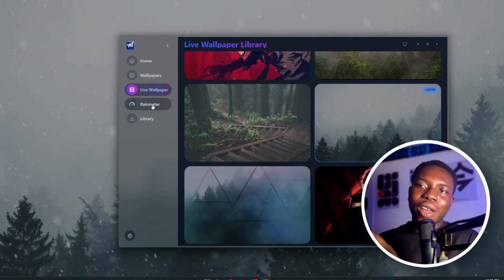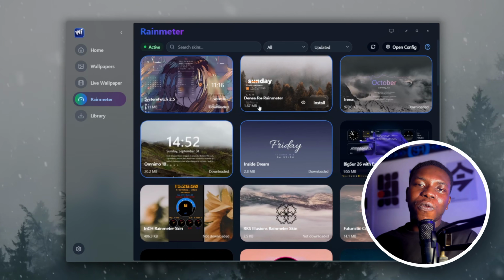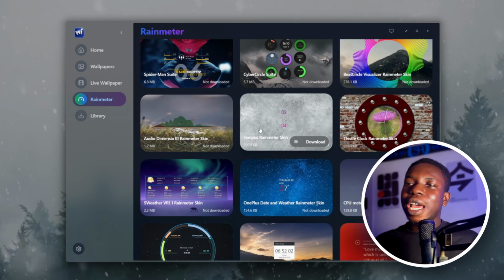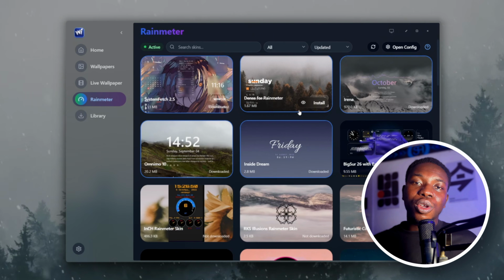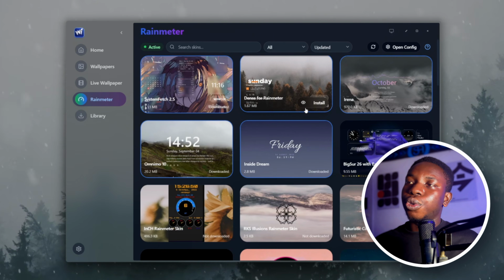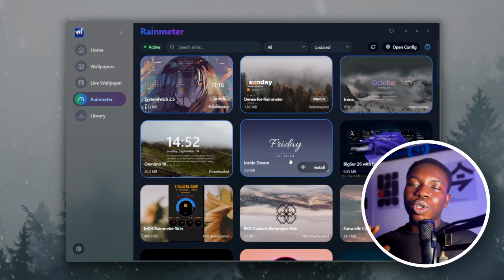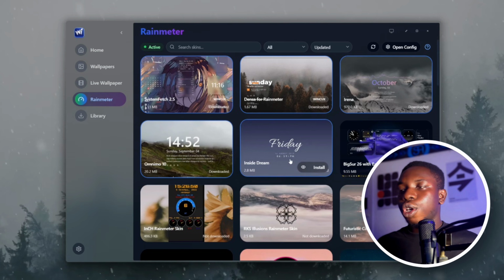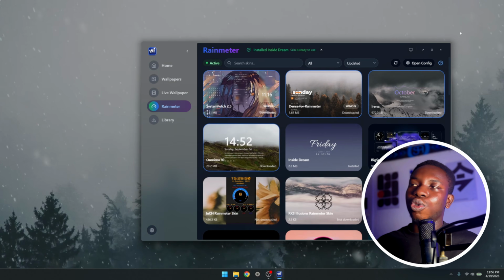And that's where I created this section called the Rainmeter, and here you can set a lot of skins for free, and all these skins are powered by Rainmeter, and you can even request your own, and I'm willing to add it for you. So here, if you get any skin that you really want to set on your desktop to give it a nice feel, you just have to click on install and just click on install again, and it will automatically set